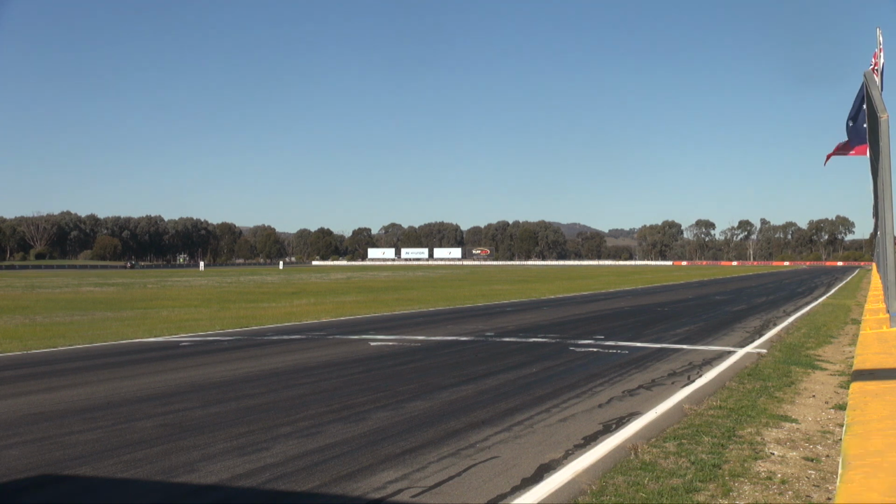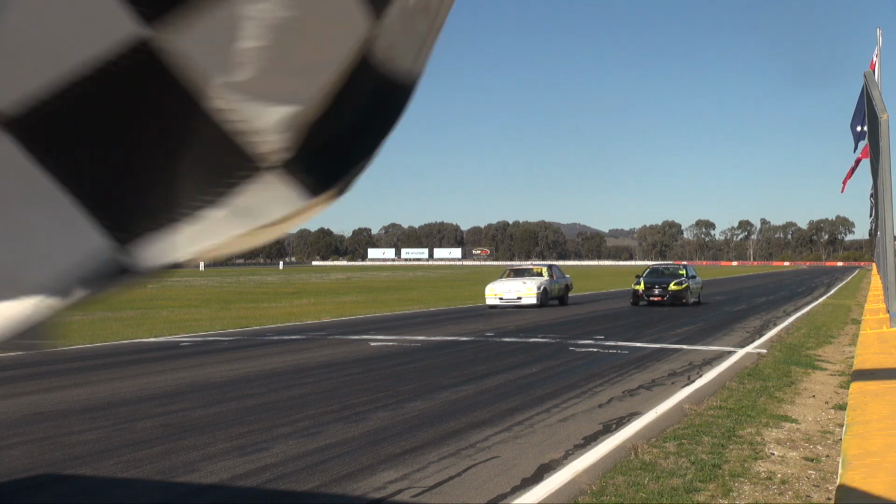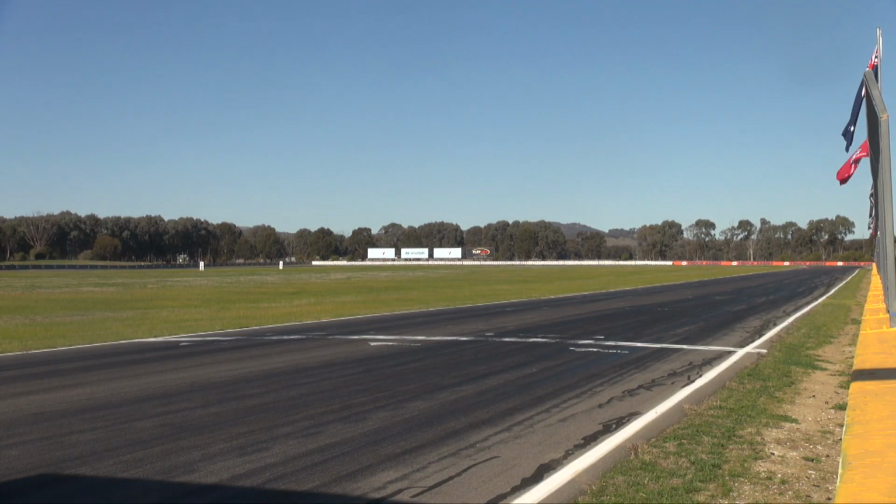That's a brilliant race once again in Stock Cars Australia, who are back actually with the Victorian Motor Racing Championship in just over a month's time at Calder Park Raceway. They're expecting even more Oz cars and even more NASCARs, and it's right in the heart of Melbourne as well. So make sure you get down there to watch the action at Calder Park Raceway if you enjoy all your NASCAR and Oz cars and you are an avid fan of the V8 machines. Then make sure you head down there or watch all of the action